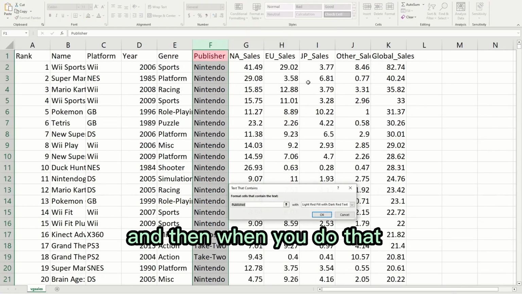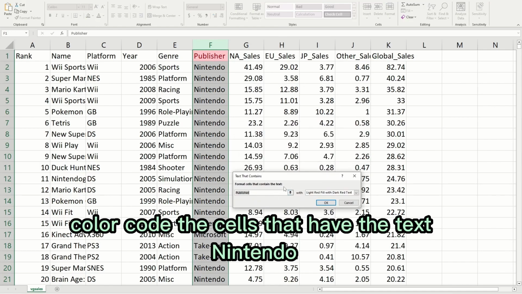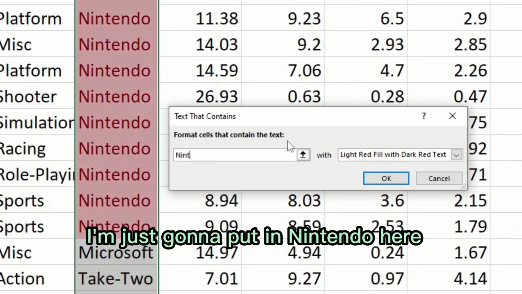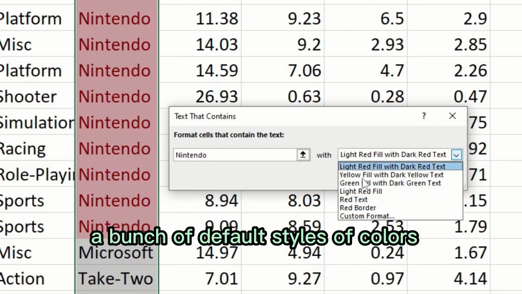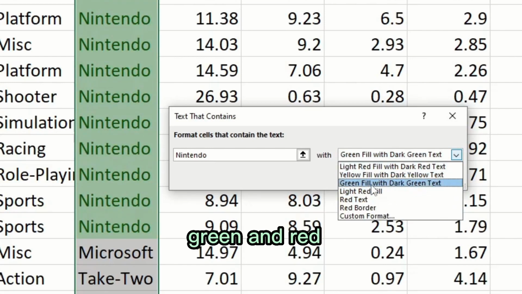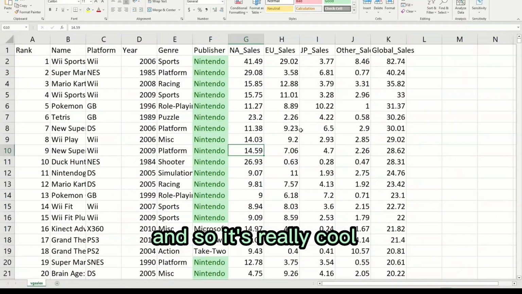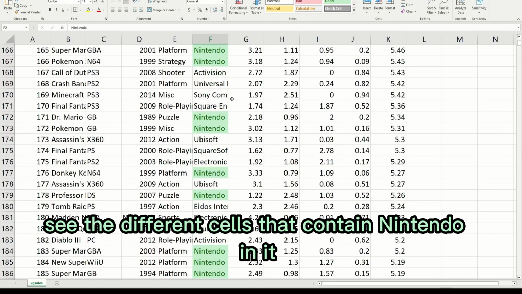When you do that, it's going to open a pop-up window. Because I want to color code the cells that have the text Nintendo, I'm just going to put in Nintendo here. Then it gives you a bunch of default styles of colors, like yellow, green, and red. I'm just going to go with green. It's really cool that you can easily see the different cells that contain Nintendo